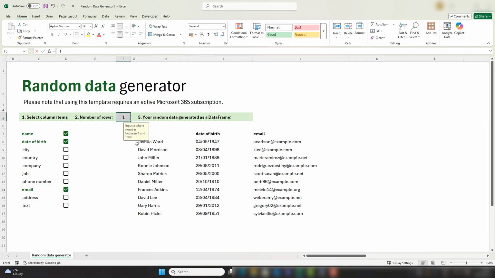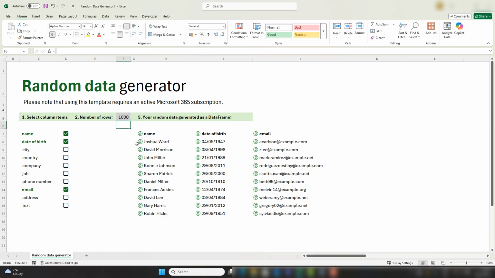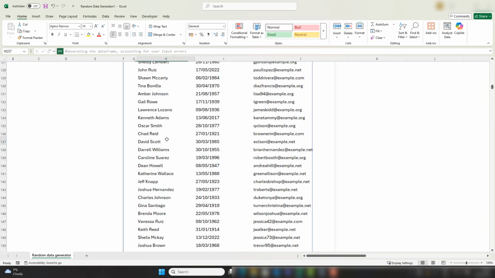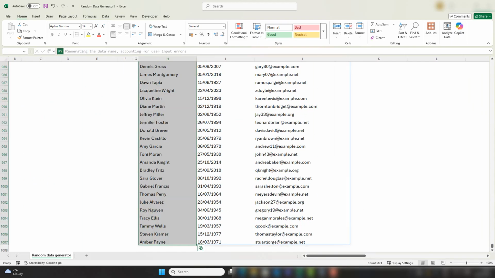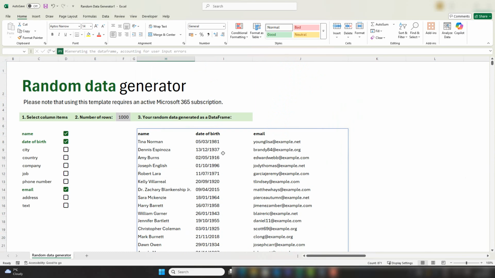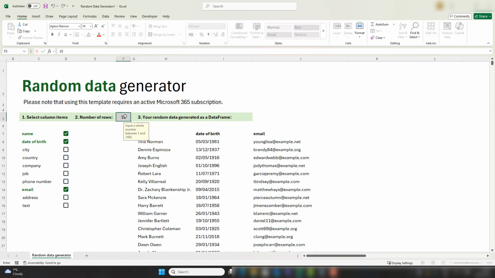Let's go ahead and put in 1,000 and see how fast it is. That's fairly fast. Let's just check it's given us 1,000. Yeah, it has. That's a really good solid random data set if you wanted to do some testing on your Excel workbook. Let's put that back to 10